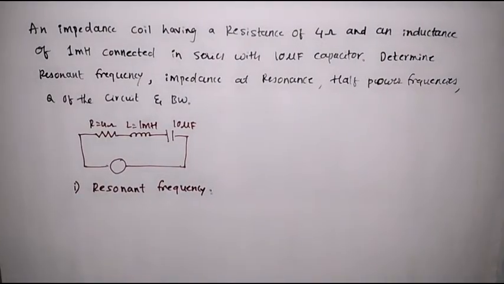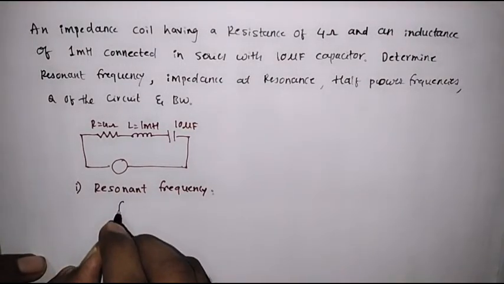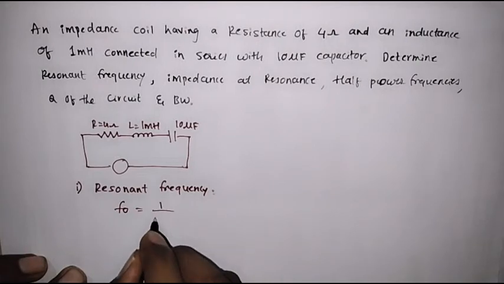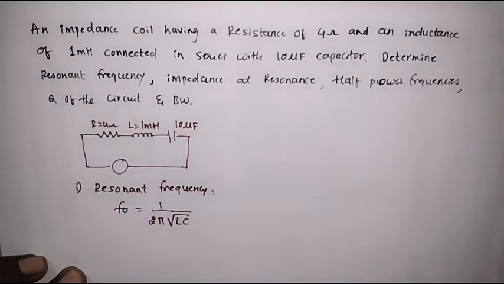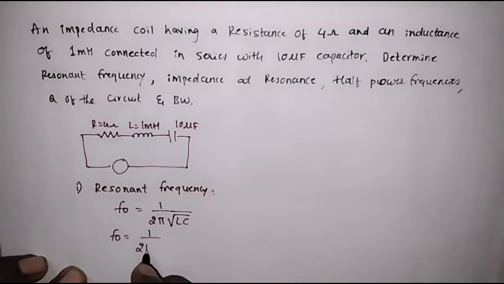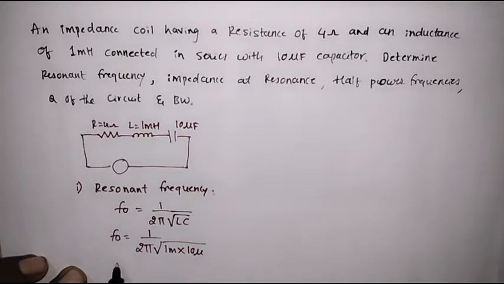So for series resonant circuit, resonant frequency is given by the expression F0 is equal to 1 over 2 pi square root of L into C. We will simplify this. Therefore, F0 is equal to 1 over 2 pi under root, value of L is 1 millihenry into capacitor is 10 micro. We can also write it as 1 into 10 raised to minus 3, 10 into 10 raised to minus 6. Solving this, we will get F0 is equal to,